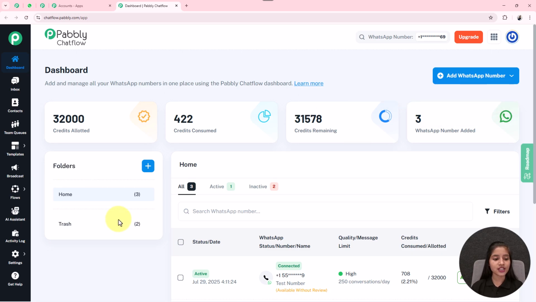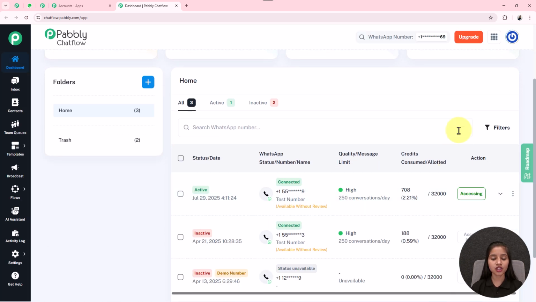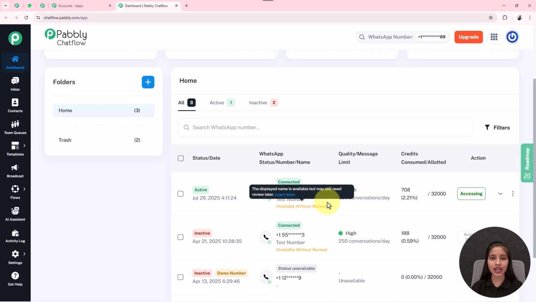Now in this folder section, you can create multiple folders in your Pabbly Chatflow account by clicking on this plus option, where you have to provide the name of your folder. Also select the parent folder from here. And in this home section, you can see the status of the WhatsApp numbers that were added into your Pabbly Chatflow account. Here on the left hand side, you can see the multiple features of Pabbly Chatflow, that is inbox,